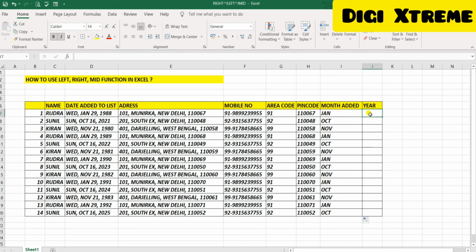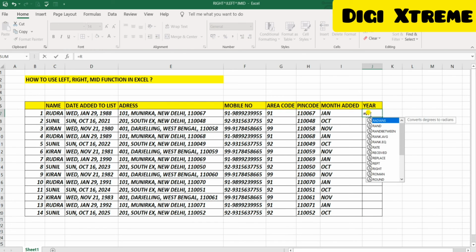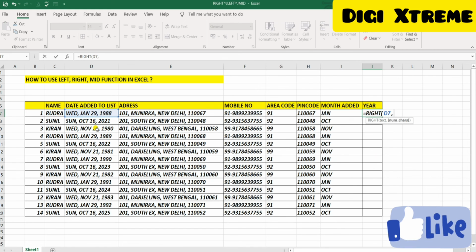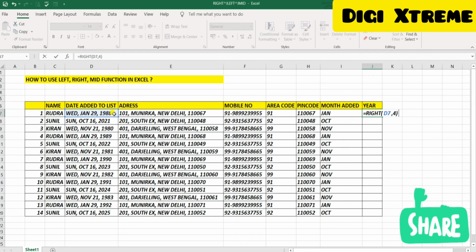We'll be using right function here because right can allow you to get characters from the right side. Right, tab. Now where is the text? This is our text, comma. Now number of characters. Year is having 4 characters, so we'll be putting 4.